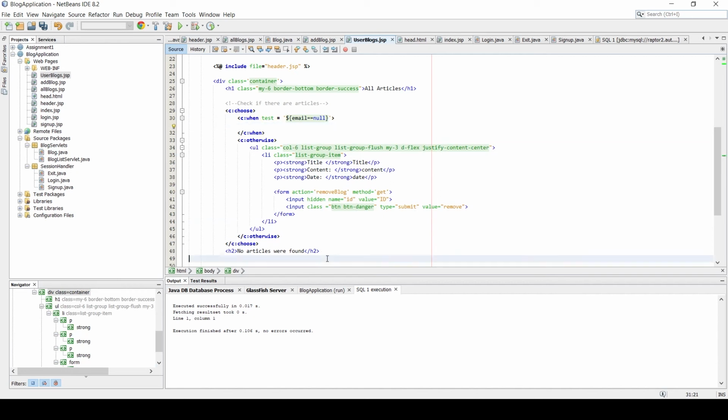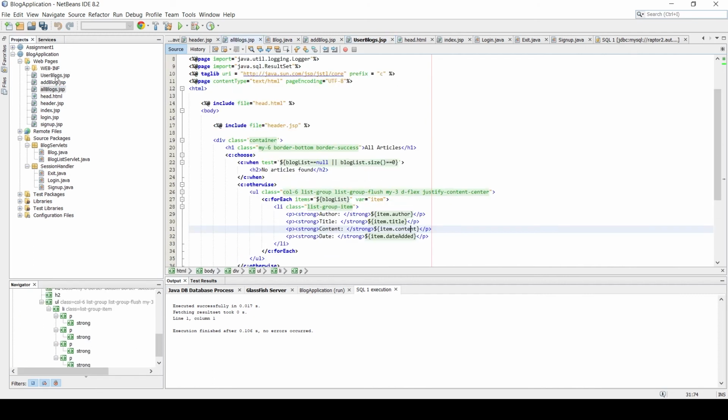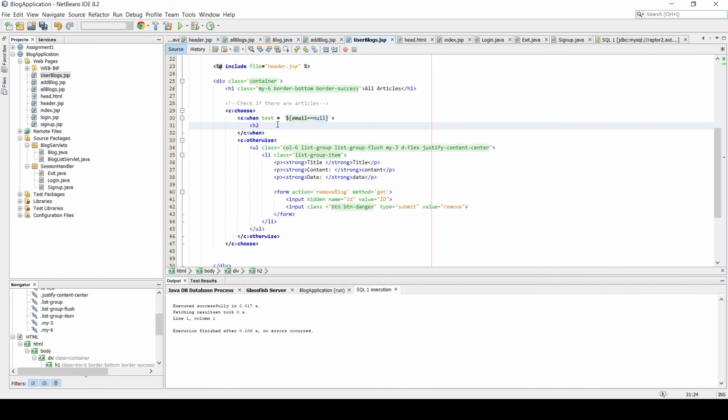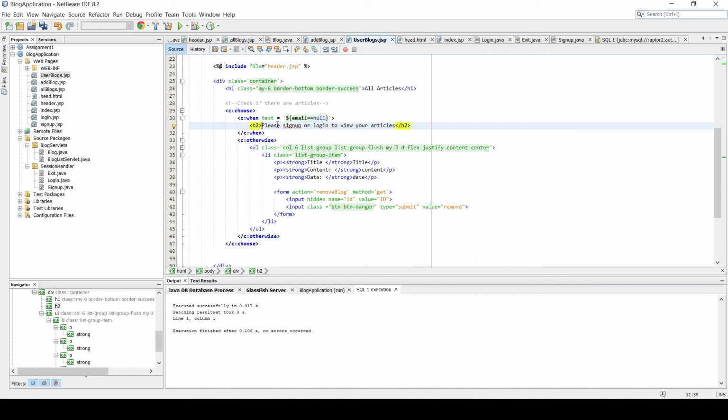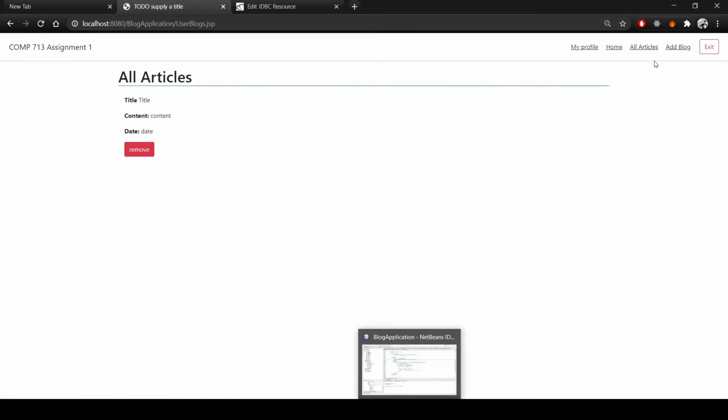I think I have this in my blogs. No. Please sign up to view your articles. Sign up or login. So it's a verb, so I'm going to have to separate them. Yep, and if I go back to my web page and go to my profile, oh yeah, so if I exit,